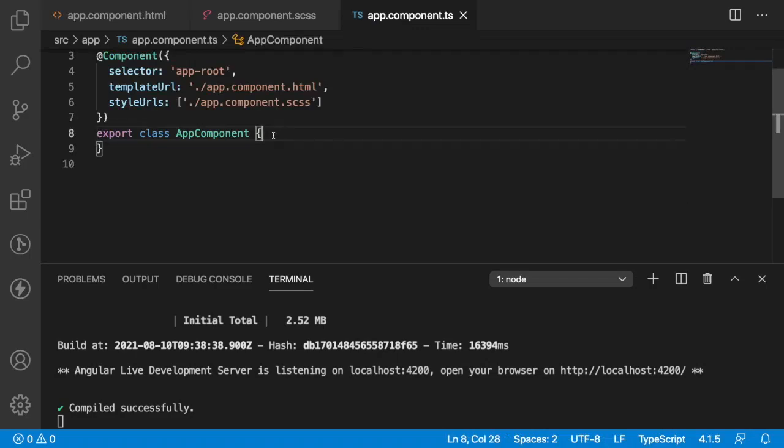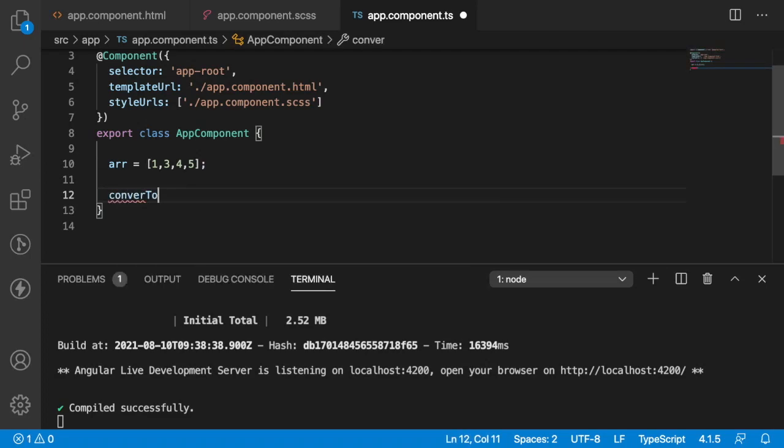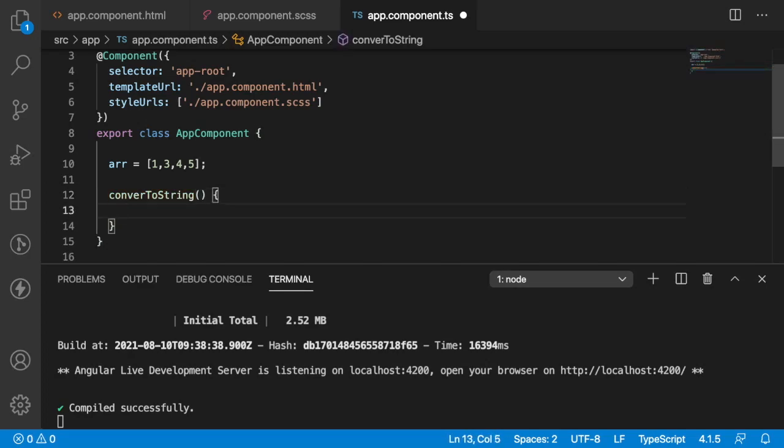You have an array, arr is equal to some array 1, 2, 3, 4, 5. If you want to apply some logic on this, you write convertToString. This is a method where you can convert your particular array into a string. So we will return arr.join of something, written like this.arr. This method can be used n number of times in my system.